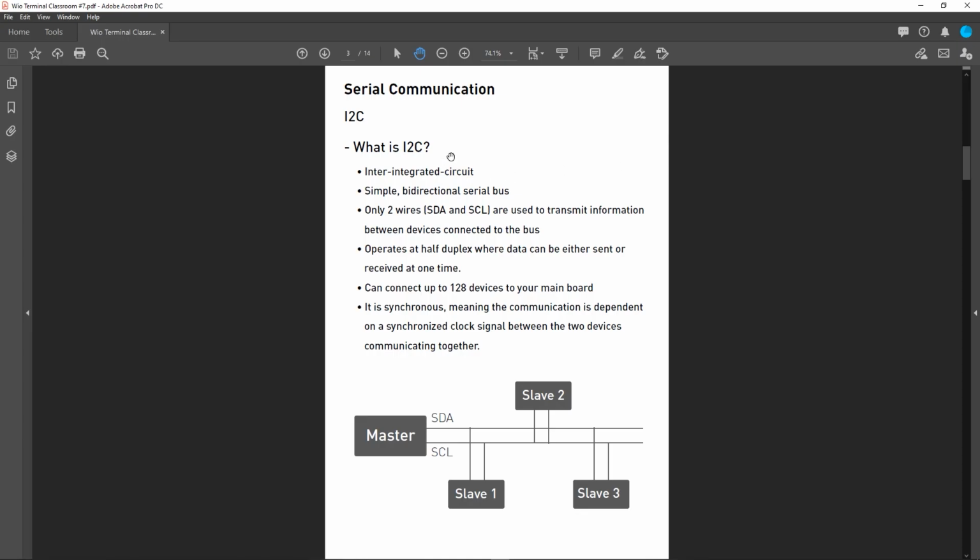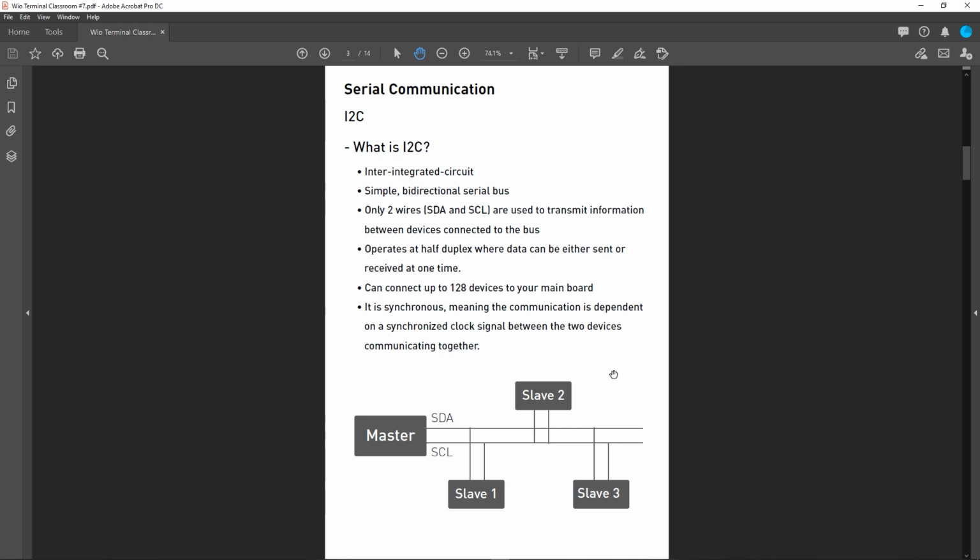So now let's talk about I2C communication, which is a serial communication. I2C stands for Inter-Integrated Circuit, and it has a simple bidirectional serial bus like this. To transmit information between devices, only two wires are used, SDA and SCL, and this is called a bus.